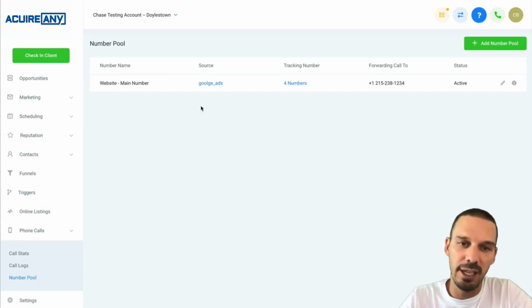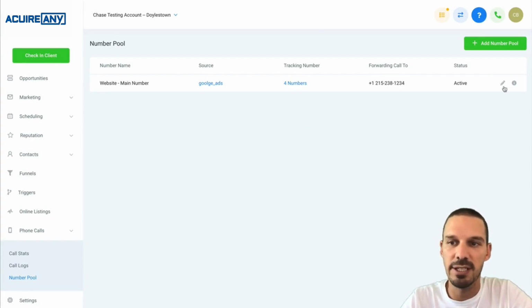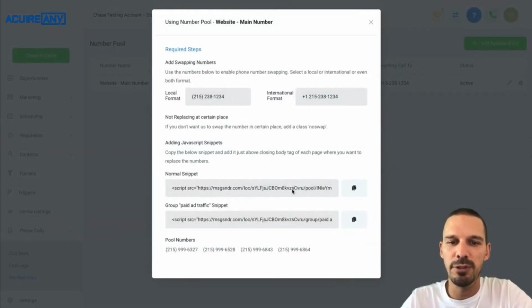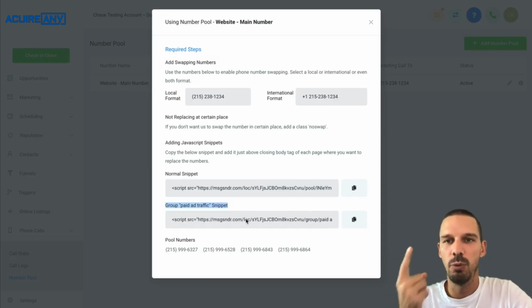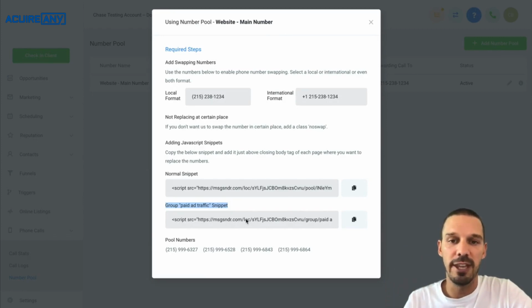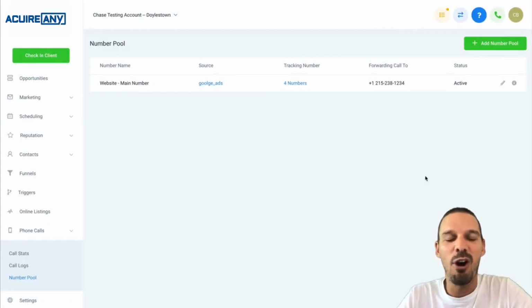And if I did the same to my Facebook number pool, if I had one down here, and I gave it that same ID, when I go to get my script, you'll now see that there's the normal snippet and then there's the group snippet. The group snippet will include both of the keyword pools. So it's a way to use one script for two keyword pool swaps. That's pretty convenient if you have that use case, just an FYI. So that's call tracking with